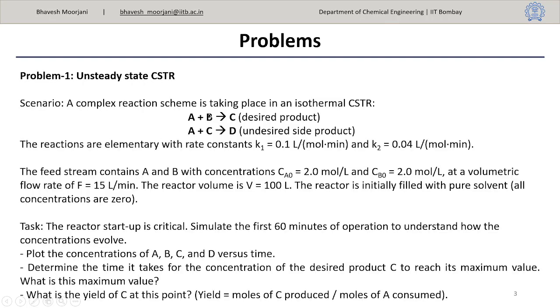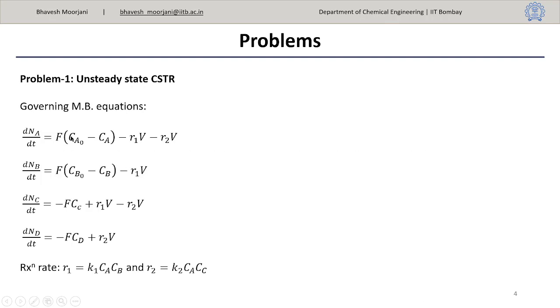Since A is taking part in both reaction 1 and 2, you will get dNA by dt, which is the change in number of moles of A with respect to time, given as feed flow rate into concentration difference of Ca with respect to initial concentration, minus A consumed in reaction 1, minus number of moles of A consumed in reaction 2, right? Where R1 is given as K1 CaCb, R2 is given as K2 CaCc. Right? So since it's an elementary reaction, it's second order reaction. Right? Now